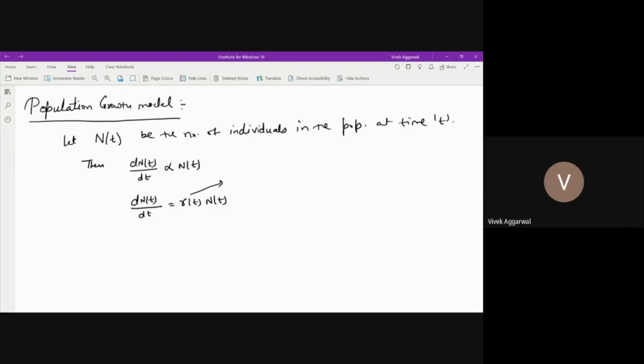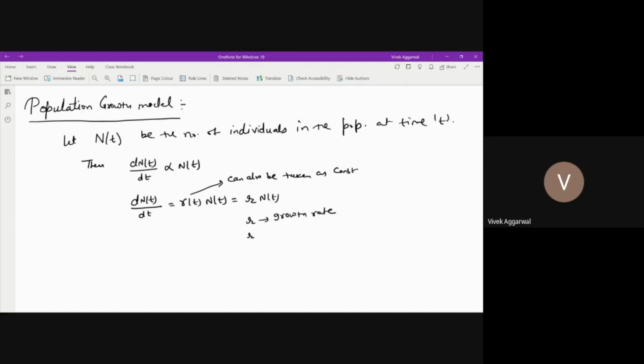I just take it as a function r(t), but it can also be taken as a constant for a particular population. So from here I can write this simply as rN. Here r is the growth rate.